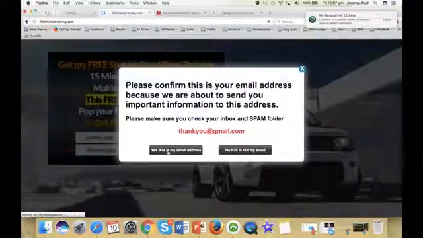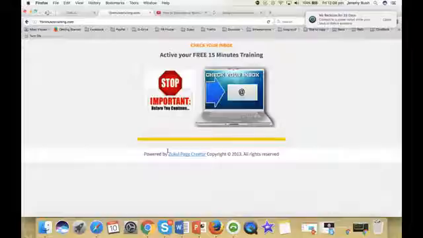Bang. What happens now is they get this thank you page. Now, for the smart people, they say, "Oh, I'm gonna go back, or I'm gonna click on this bar here, see what happens, and click on here and click on here to see what happens." But basically, you're going to loop them round. You're going to loop them because what you want them to do is open their email.